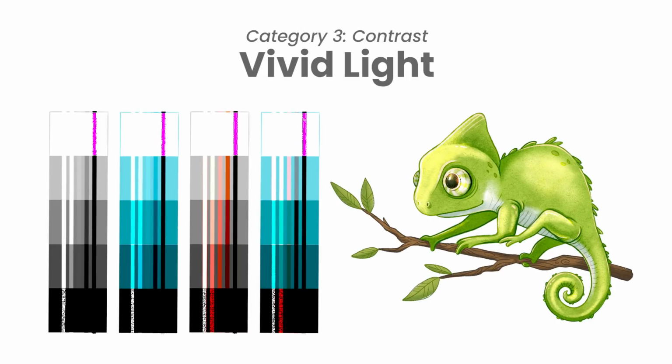Now, vivid light is an extreme version of overlay, so it's also going to be only working on the midtones. But everything on your blend layer that is lighter than 50% gray is going to become much, much, much lighter, and everything that is darker than 50% gray is going to become much, much darker. And you can also see everything is so saturated. So vivid light is an extreme blending mode for sure. If you use it, you probably want to lower the opacity of your layer in conjunction with it.